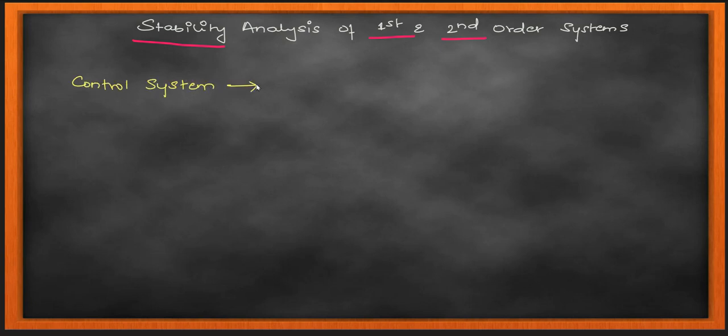In today's lecture, we are going to see about the stability analysis of your first and second order systems. So previously we have seen what is your first order system and what is your second order system and how their root characteristics and their step response look like, or in terms of their characteristic equation, right? So we have seen this much, and in today's class I'm going to talk to you about the stability of these first and second order systems.